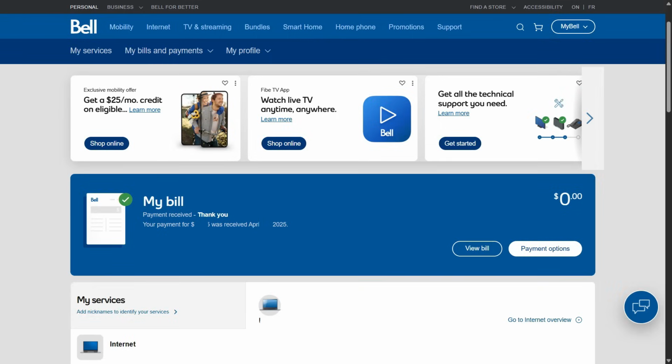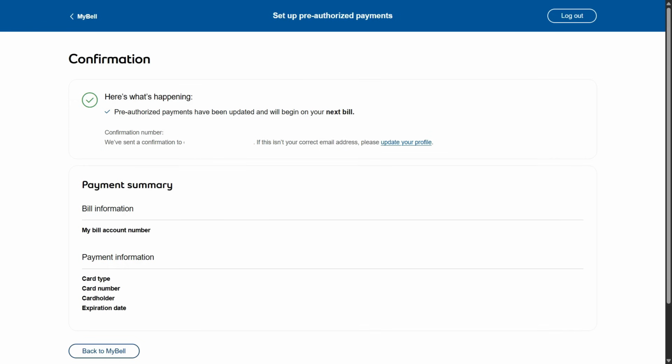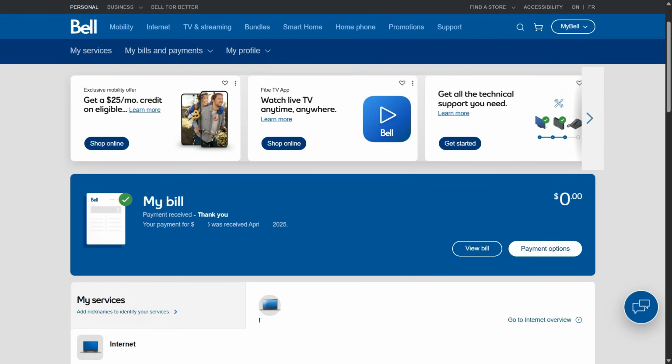We will see how you can set up auto payment on your Bell account. It could be for mobility, internet, TV streaming, whatever it is. For that, once you come and log into your Bell account, here you have to come to My Profile and